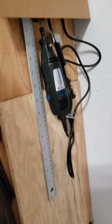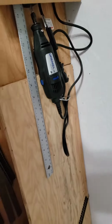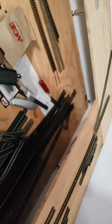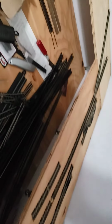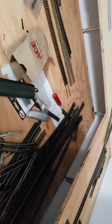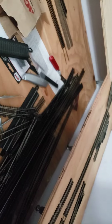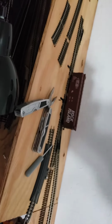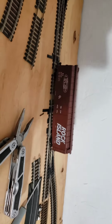Brand new Dremel. The plywood and the helix, I'm still working on how I'm going to fit that all together, but the 2 levels should be straightforward. I'm going to have to hope that it's not going to be too steep of a gradient for my models. I have this Rock Island boxcar,